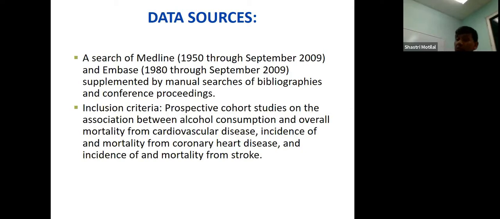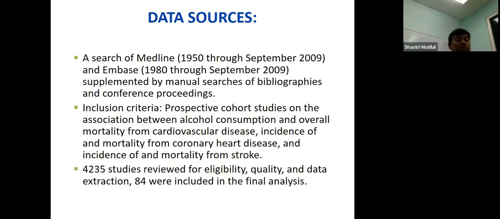That's what they looked at. We'll talk about cohort studies in week 4, but they included cohort studies. And they found 4,000 studies. So you know what they had to do? They had to sift through all those studies and figure out which were the ones that were cohort studies looking at alcohol use and heart disease. Right? Now, it seems daunting.